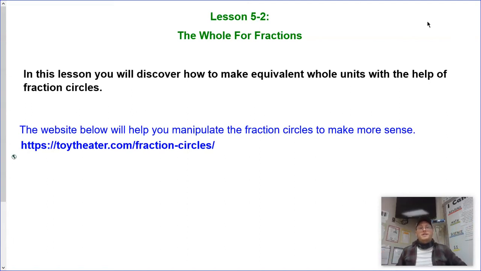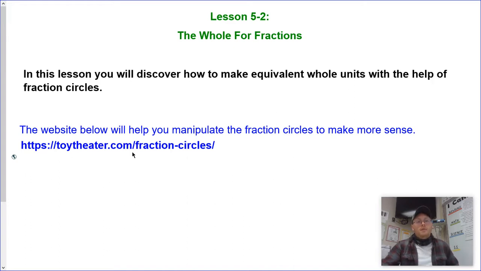All right, this is lesson 5-2, the whole for fractions. There's not a lot that I could actually teach you per se in this introduction screen. We just have to get into it and really work with fraction circles. In this lesson today, you will discover how to make equivalent whole units with the help of fraction circles. So, this website right here down below,